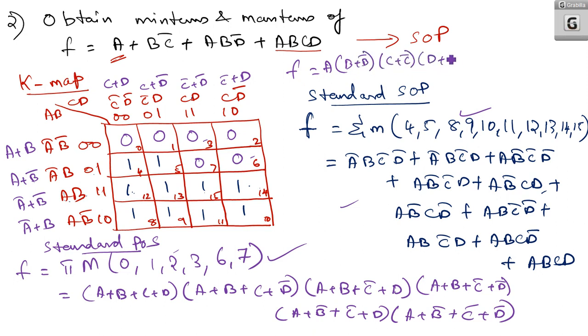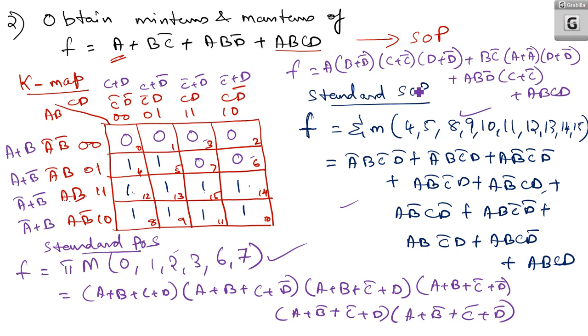In the first term itself, we have all 4 variables. In the second term, you have only 2 variables, so B, C bar and A or A bar and D or D bar. In the third term, A, B, D bar, C is missing, so C or C bar. And in the last term, nothing is missing, so you can make it A, B, C, D.